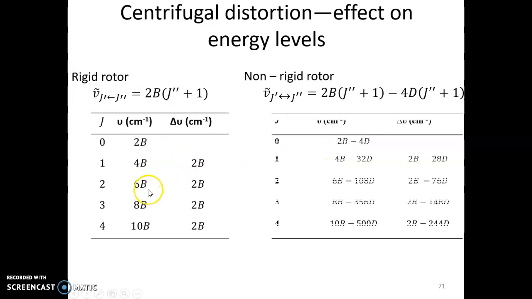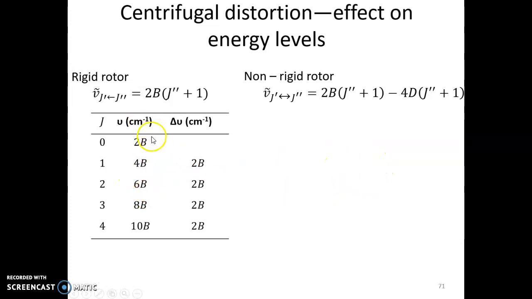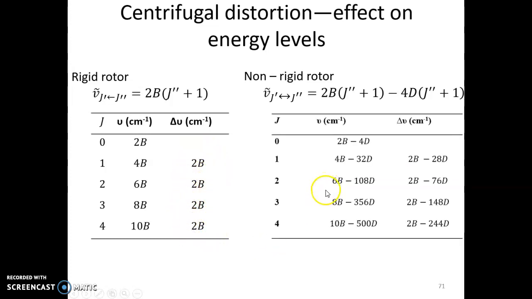And if you recall, this leads to the transition at J equals 0 being 2B. At J equals 1, the molecule absorbs at 4B. At J equals 2, the molecule absorbs at 6B, that's going from J equals 2 to 3. And when you plot the lines, you see a spectrum where the lines are at a spacing of 2B apart. For our non-rigid rotor,